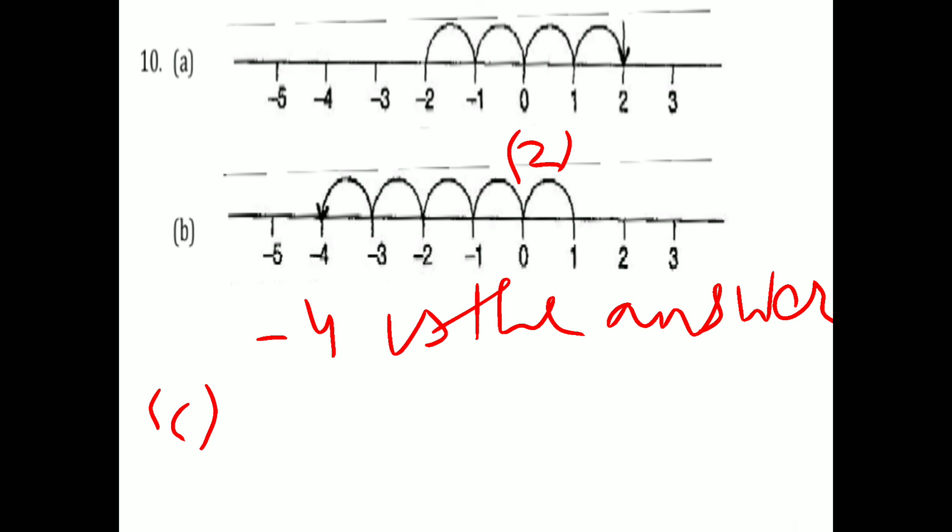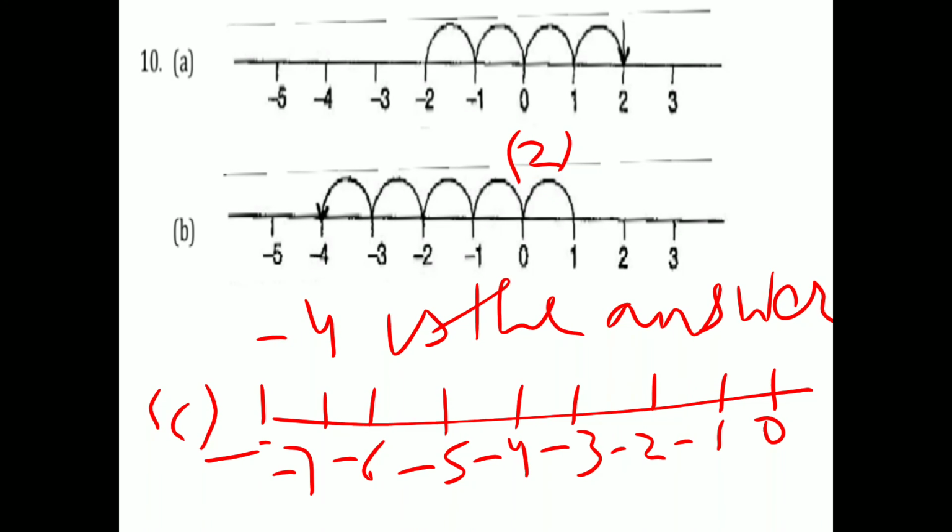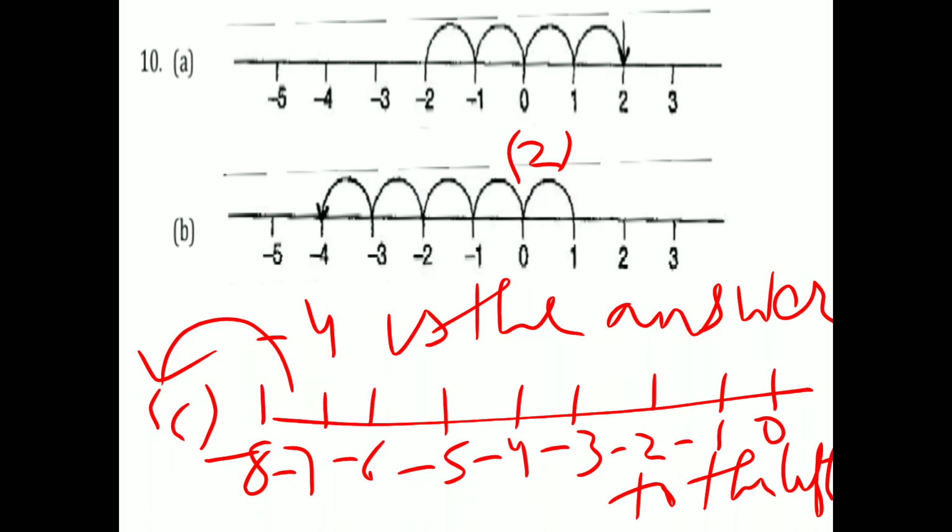Means minus 8, you have to make a number line. Make it 0, minus 1, minus 2, minus 3, like this manner you have to make the number line, 5, 6, 7, minus 8. Now you have to move to this side. This side is called left. To the left, you write to the left. Clear?